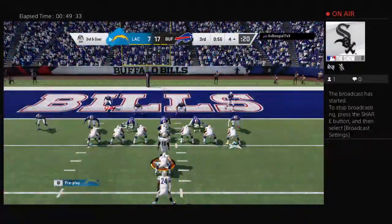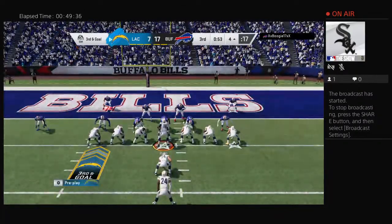Down. Ready. You ready? 50, come on. I don't even know why this team showed